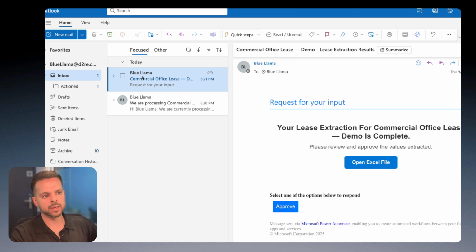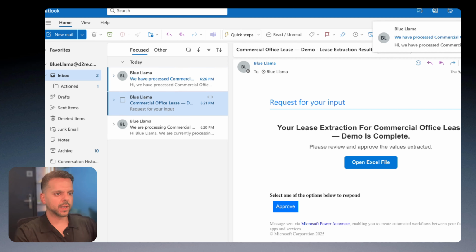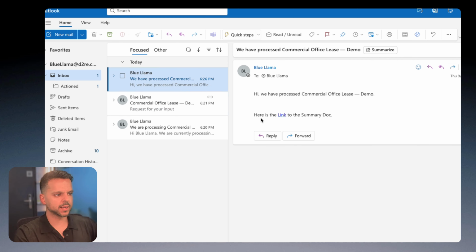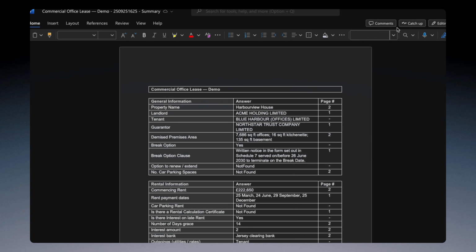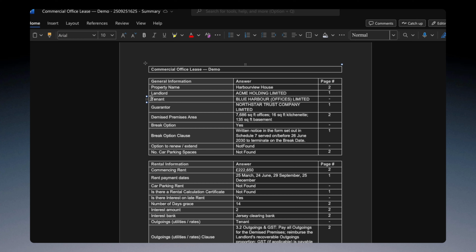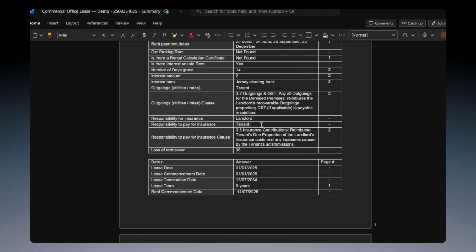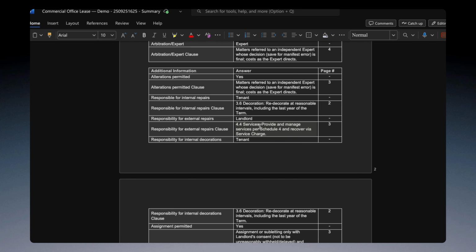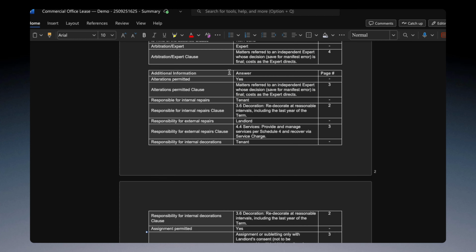will then send another email sharing the final output in a Word document ready to push into their CRM. Great, so that has now come through, and we can see here is the link to the summary doc. We can click on that. Great. So as mentioned, when we edit from the Excel file and then click approve, those updates we made in the Excel file have been reflected here. So the comma has gone, the name in the brackets has gone as well, and we can see all the information as inputted there as well, correctly formatted and ready for the staff member to upload it into whatever CRM